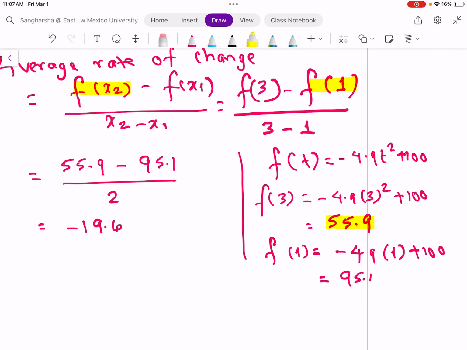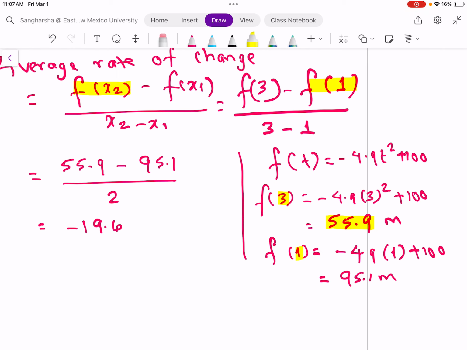Height, that is a height. Okay, let's call it height. It doesn't mention the unit, so let's call it 55.9 meter, because this is our height, and 95.1 is also a height. This 3 is a second, 1 is a second. Our input is a time, but once we input our time, we get the height, and our height is